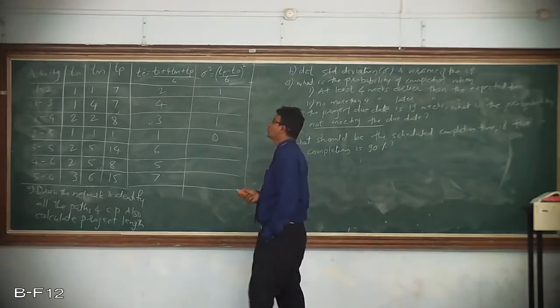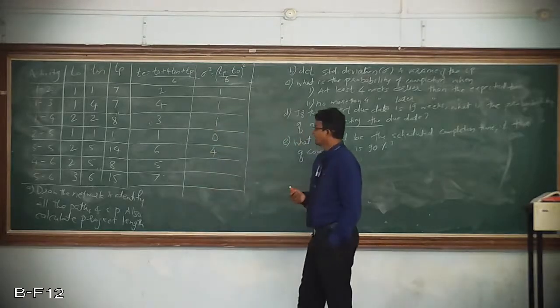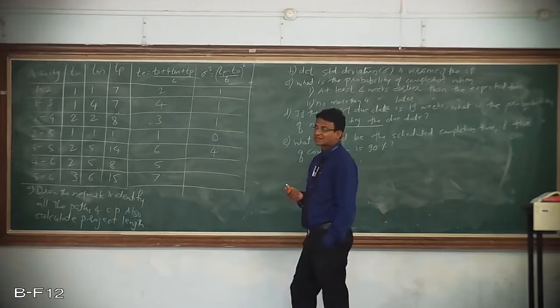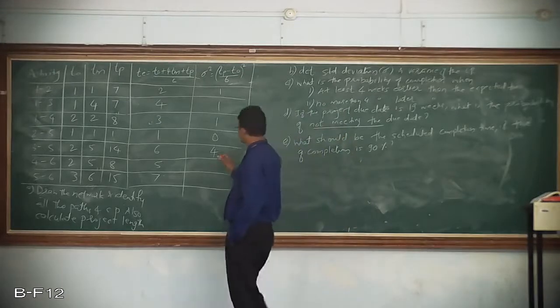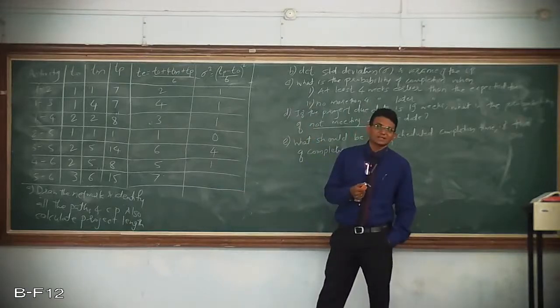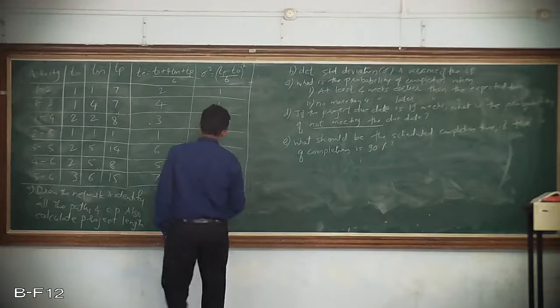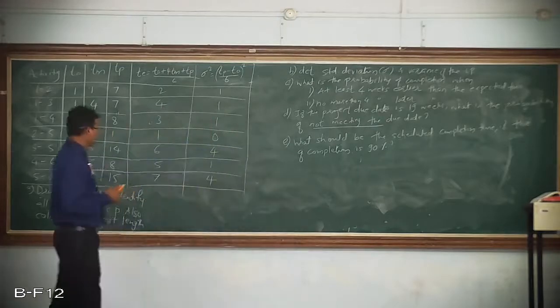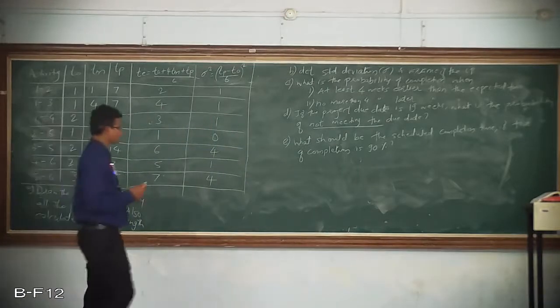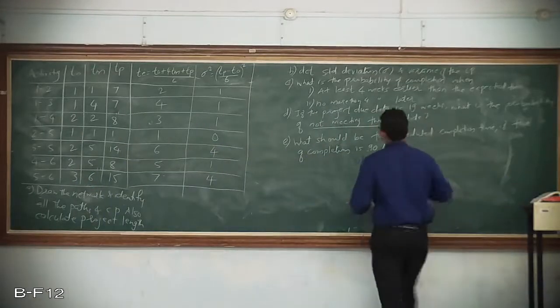then 14 minus 2 is 12, 12 divided by 6, that is 2, 2 square is 4, then 8 minus 2 is again 6, 6 divided by 6 is 1, 1 square is 1, then 15 minus 3 is 12, 12 divided by 6, that is 2, 2 square is 4. Okay, understood? Now I'll construct the network. So meanwhile I'll just erase this part.